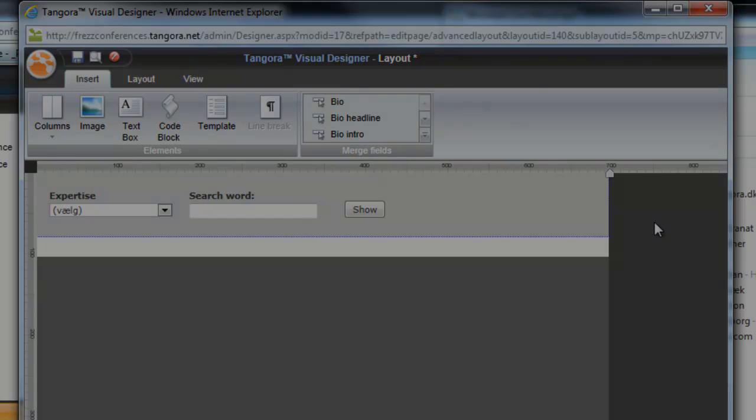Et voila. So we've just gone through a basic database list page setup and added a little flourish by using Tangora's built-in Lightbox functionality. In the next video, we'll be expanding upon the basic setup, looking at a bit more complexity in our layout, specifically in conjunction with multiple columns, focus features, and integrating image rotators in your layout.